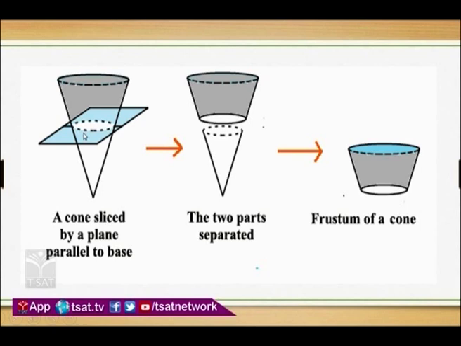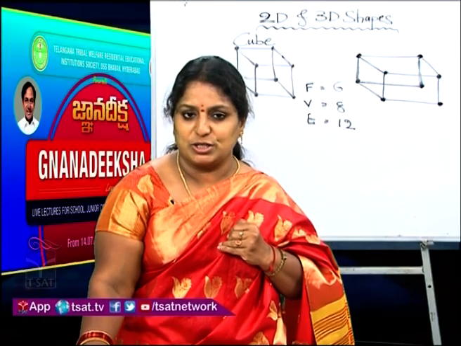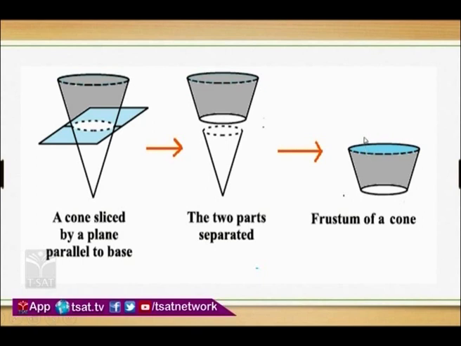This cone I am dividing into 2 parts where the top is parallel to the base. This cone is sliced by a plane parallel to the base here. I cut the cone here according to the dotted lines. Now in the second picture you can see the cone is divided into 2 parts. One is top, one is at the bottom. So the removed portion from the cone at the topmost is called the frustum of the cone.